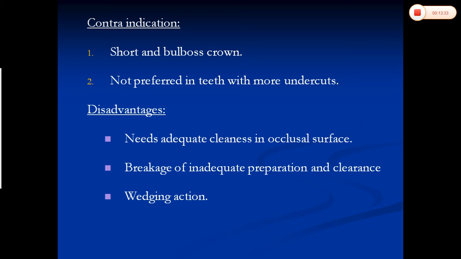See, two abutment teeth on either side is filled by this class. So cleanliness or hygiene maintenance should be more from the patient side. Breakage occurs with inadequate preparation. As we discussed, to give occlusal rests on two abutment teeth, sufficient clearance should be given from the opposing teeth. If clearance is not there, it leads to breakage and to wedging action on the tooth and causes mobility of the abutment teeth.